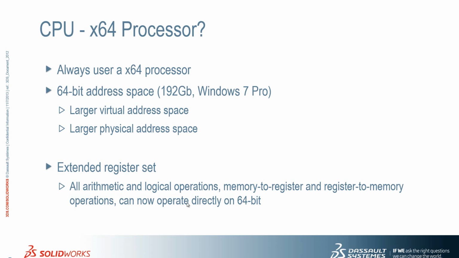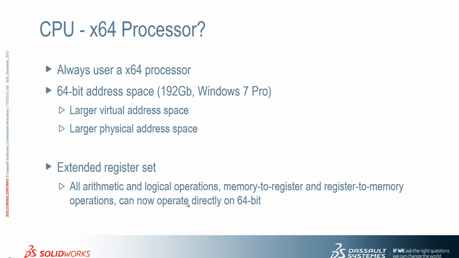So the maximum space that 64-bit can have is 192 gigabytes. All right, so that's a large number. So in RAM, okay, we're talking about RAM here. That's a large addressing space. Also has a larger virtual addressing space. You can virtualize memory. All right, so how much it can have, and also physical addressing space. So that's more to do with the